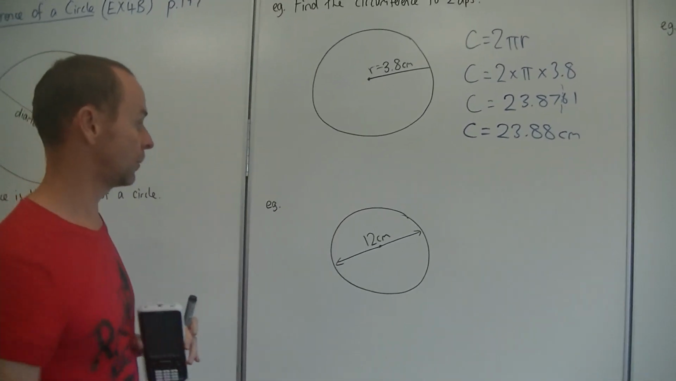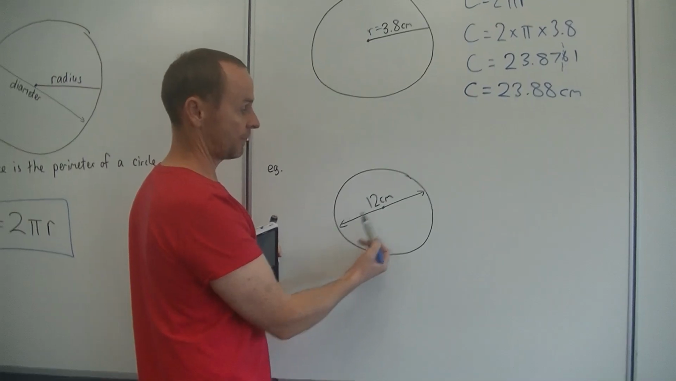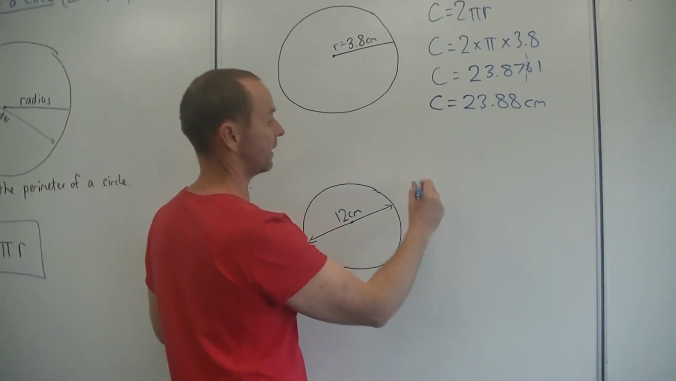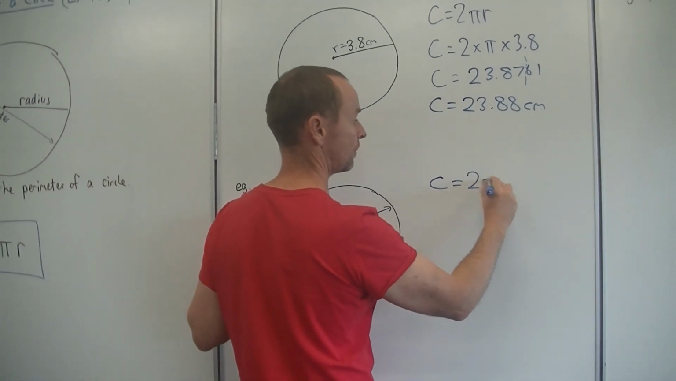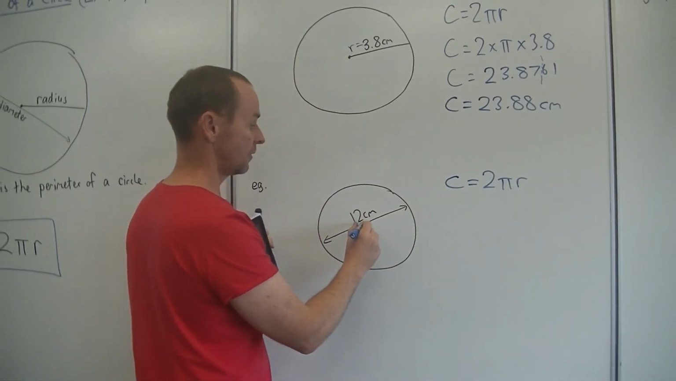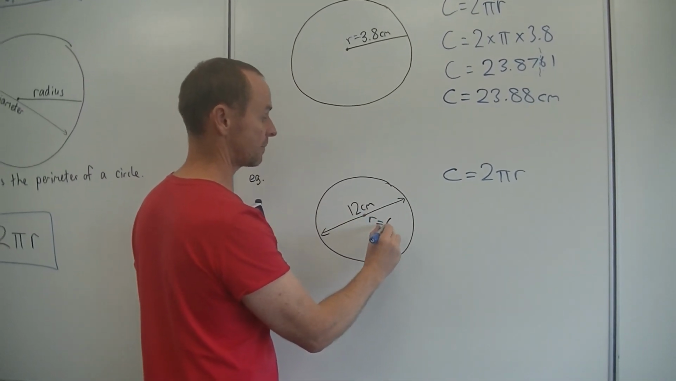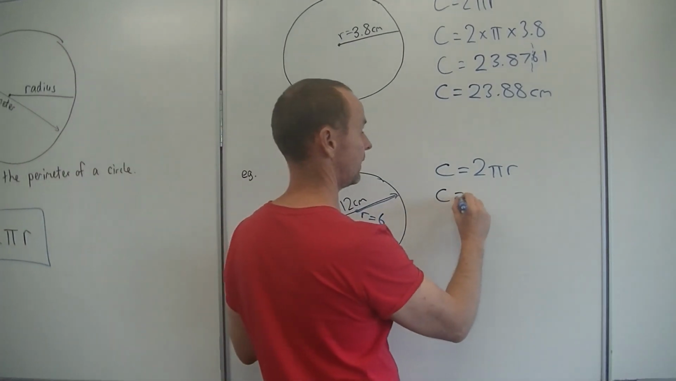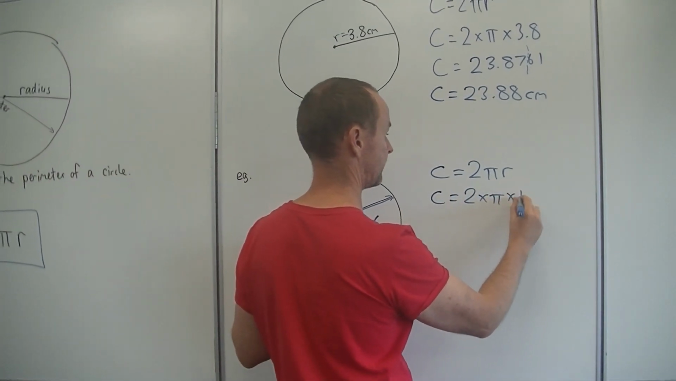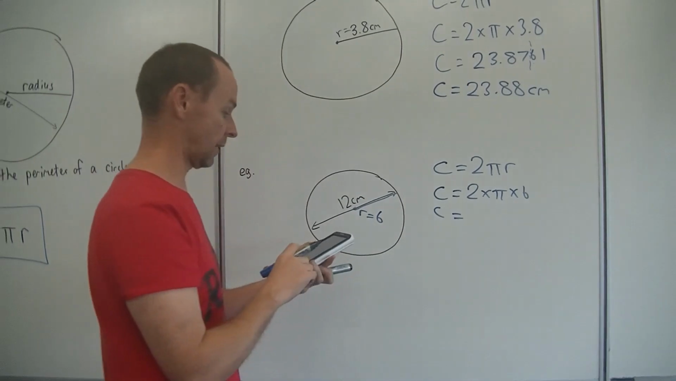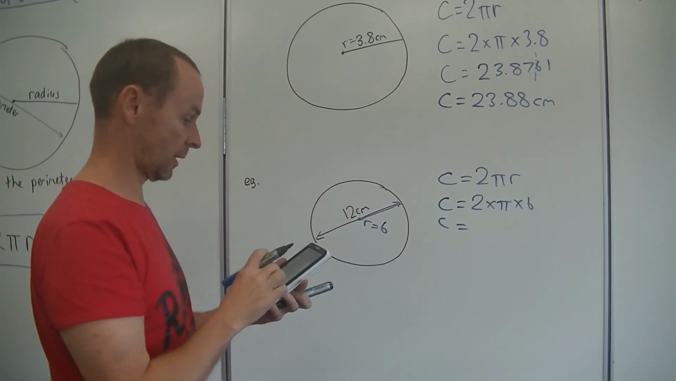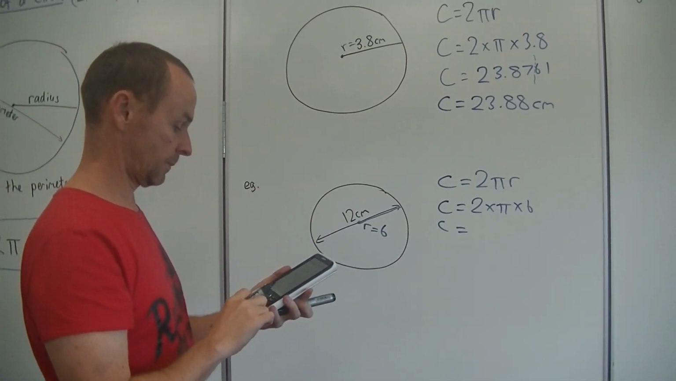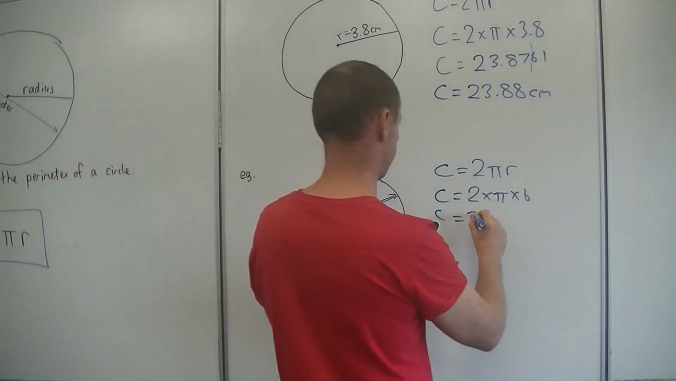Let's do the next example. The diameter this time is 12. So we want the radius. Circumference equals 2 pi r. We need the radius. So if the diameter is 12, the radius must be 6, which is half the diameter. So all we do is go 2 times pi times 6 and put that into our calculator. So we go 2 times pi times 6 and we get